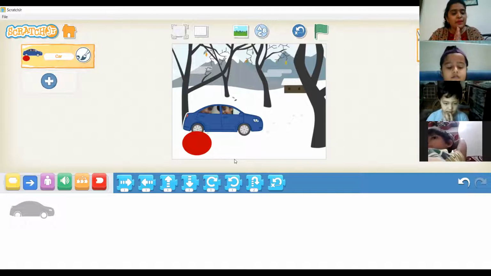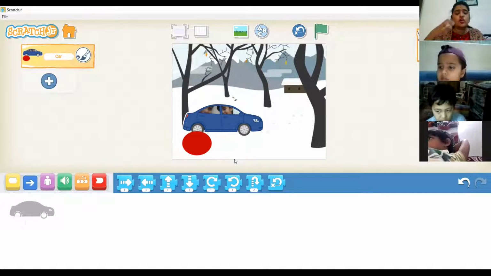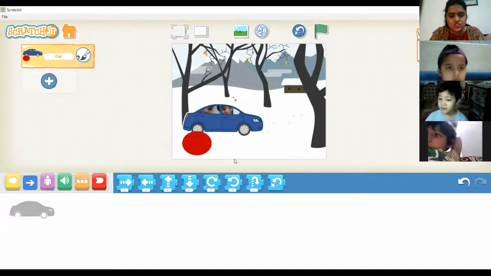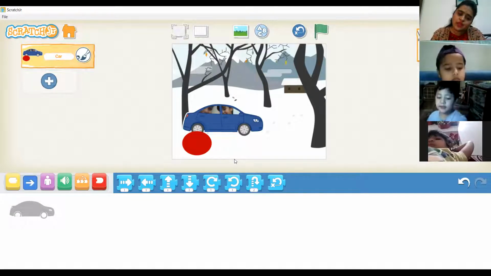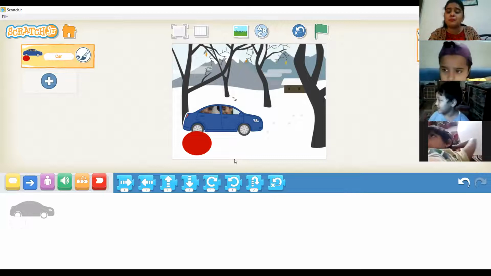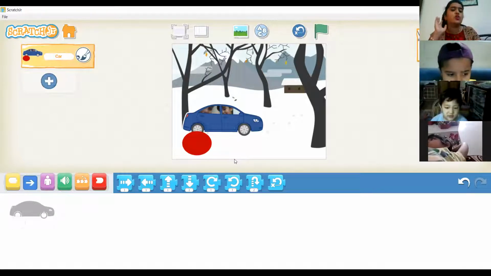Okay, so coding means when you are making this car move on the screen, or you are making this car small or big, or you are making this car bounce on the screen. Whatever you want to make this car do, you have to give instructions to the car, right? Without giving instructions, this car would not do anything. So you have to give instructions to the car, and that is what we call coding. When we are giving some instructions to the computer system to do something for us, that is what we call coding.